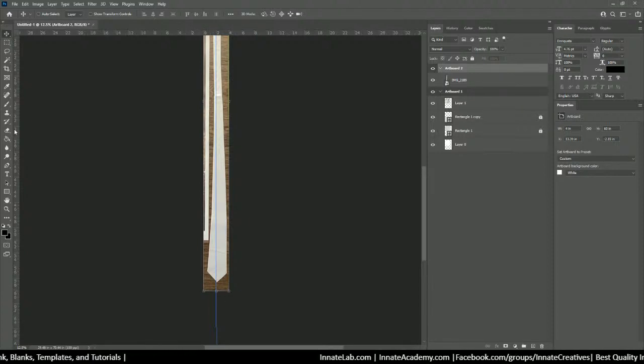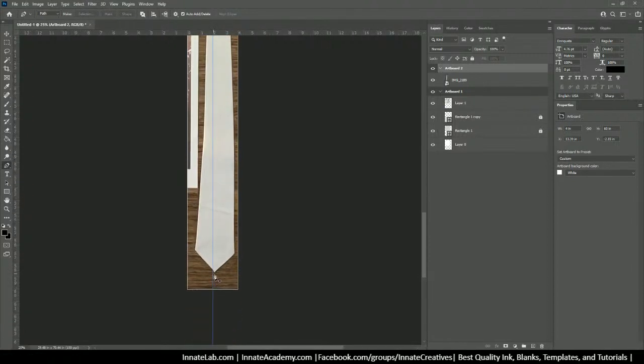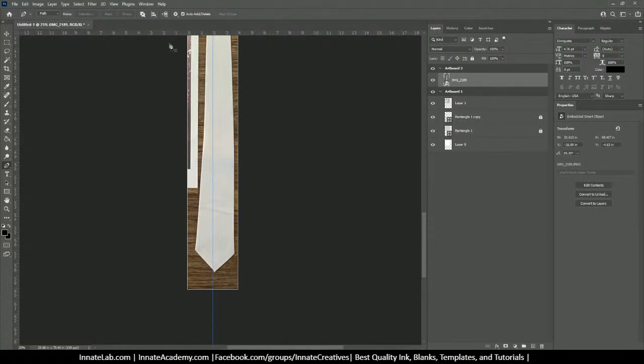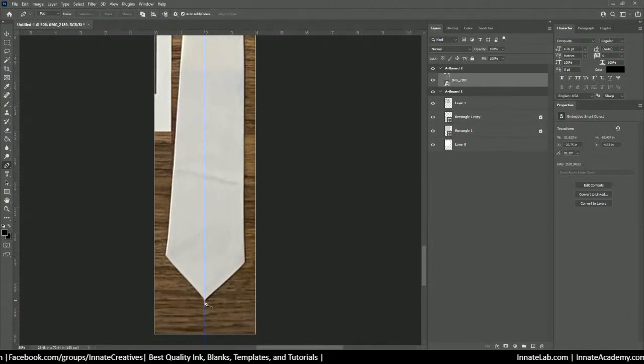but I might want to mess with this shape a little bit just to give me some understanding. So what I'm going to do, I'm going to pretend like everything is symmetric. And I'm going to start down here. And I'm going to kind of trace out the tie, imagining that everything would pretty much be centered about my little guideline here. So let me inch that over just a little bit. So let's go ahead and trace this out with the pen tool. So there's our pen tool. I'm going to tap down here to the bottom, tap here,